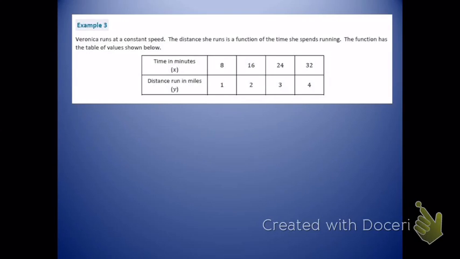The function has the table of values shown below. So if she runs for 8 minutes, she can go 1 mile. If she runs 16, it's 2 miles. So again, we're seeing here a proportional relationship. So we can look at her rate. We can see that her rate is